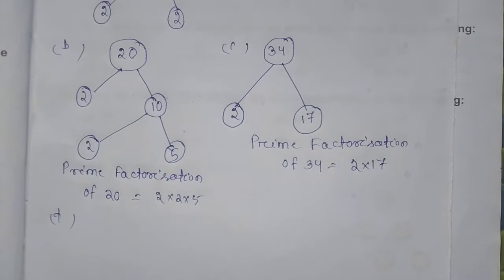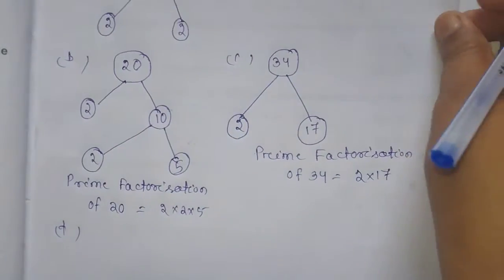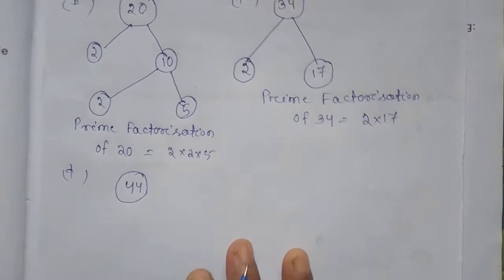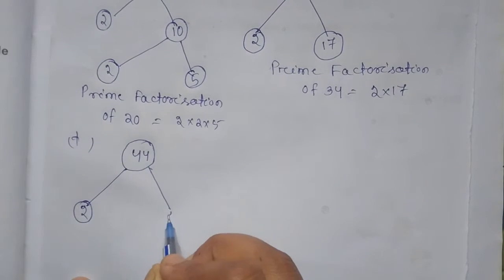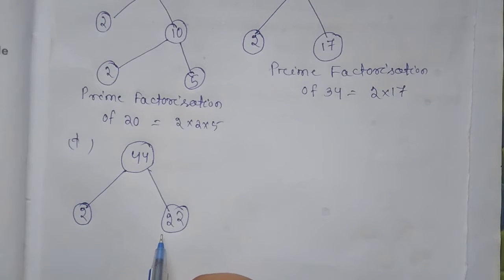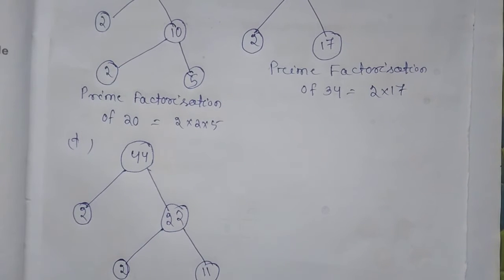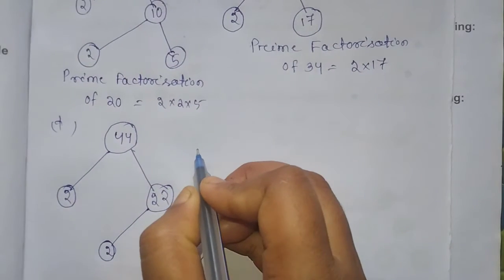Then D, 44. We can break 44 into 2 factors. 22 times 2 is 44. 2 is a prime number, but 22 is a composite number. We can again break 22 into 2 prime factors, 11 times 2 is 22. So 2 is a prime number, 11 is a prime number. So prime factorization of 44,